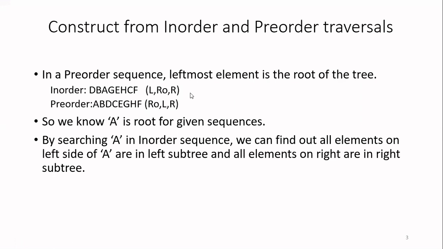Now, if you want to construct from in-order and pre-order, first of all, you have to look at the pre-order sequence, because in the pre-order sequence the root is coming at the start. If you see your in-order, the root is appearing in the middle, so we don't know where it is. But from the pre-order, we are sure that the root is appearing at the end, in the left end. So what you have to do first is, see the pre-order sequence. From that, take the leftmost element. That will be the root node of your binary tree.